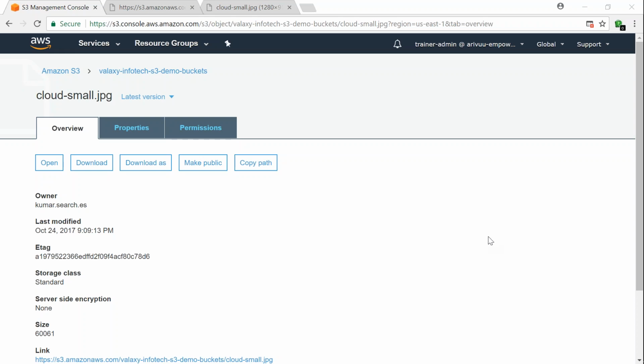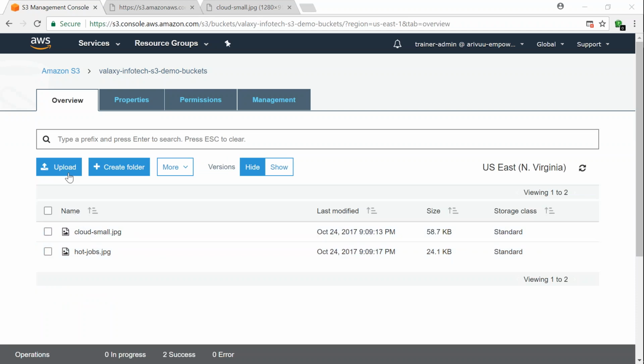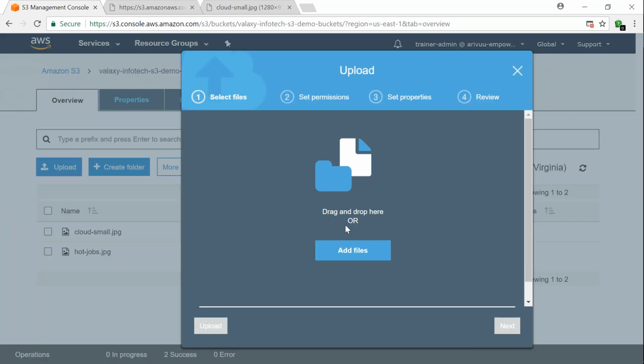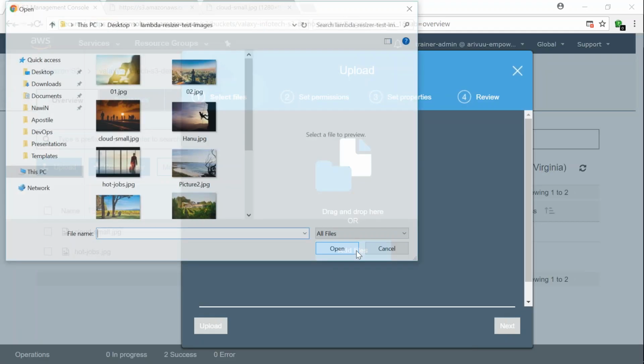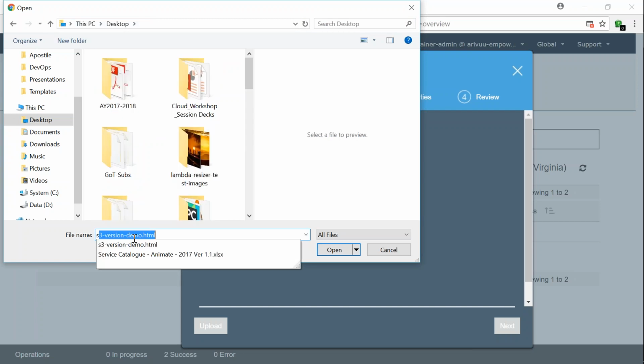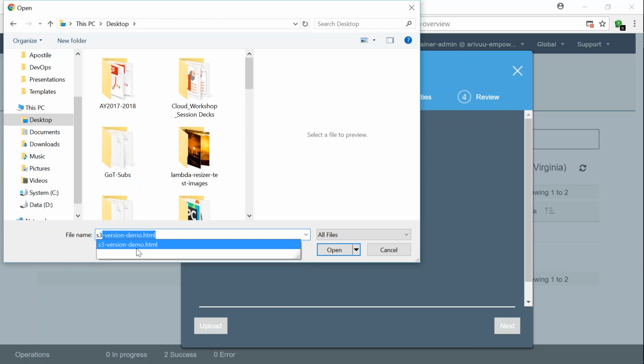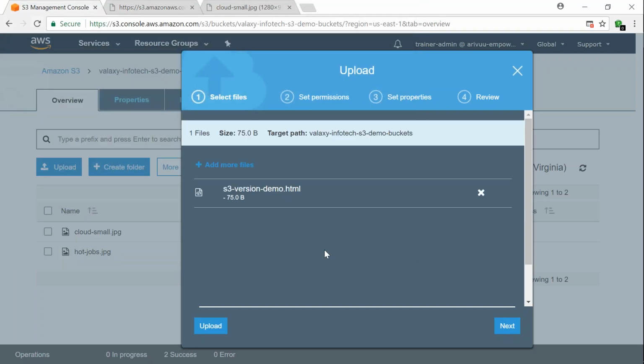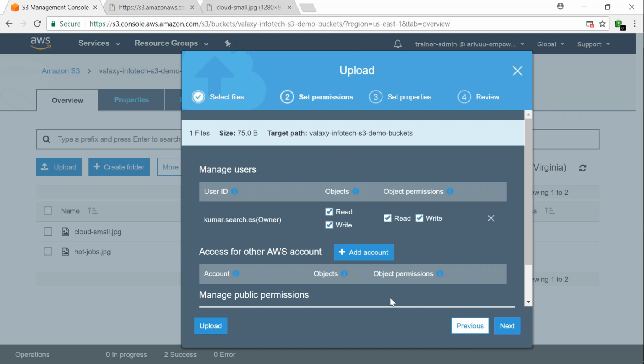So let me quickly go ahead and create a text file. I just created a small HTML file. I'm going to upload that HTML file now. Click on upload and add files. On my desktop, I'm going to search for S3 version demo HTML. Click on open, upload. And now I'm going to click on next